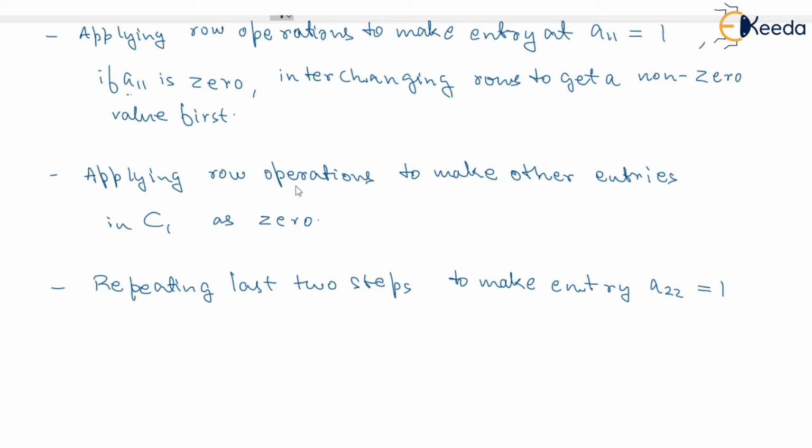So again we'll be doing some row operations and we'll try to make A22 equal to 1. And after that, other entries of column 2, C2, as 0. So all the entries in column 2 apart from A22 should be 0 now.